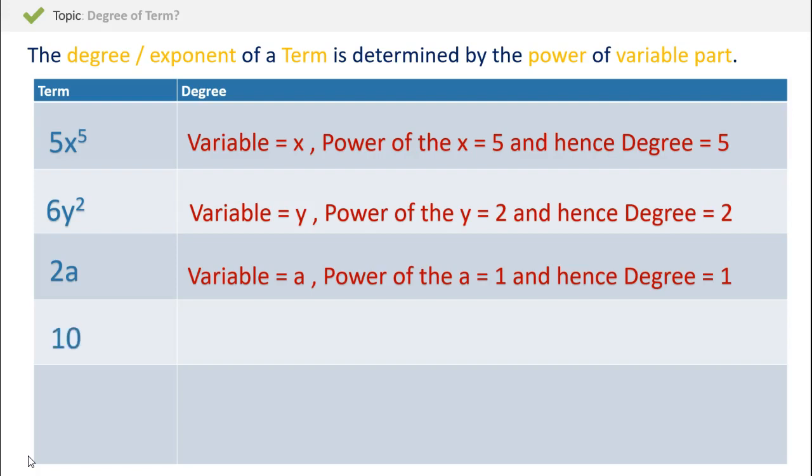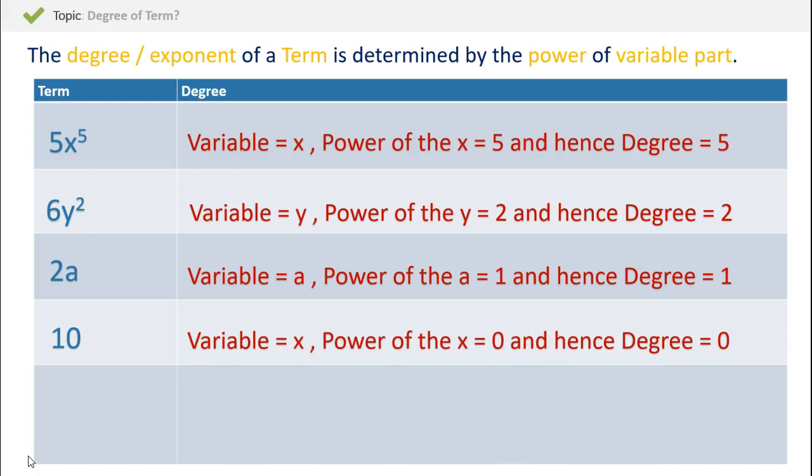Now let's take another look. 10. This is a term. Can you identify what the variable is? Well, I cannot. But remember, any number can be multiplied by any variable raised to the power 0. So I can represent 10 as 10 multiplied by x to the power 0. In this case, we can consider the variable is x and the power of x is 0,